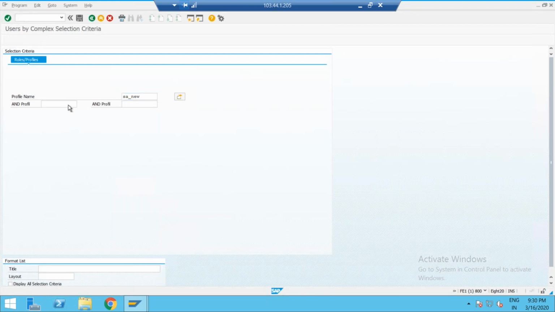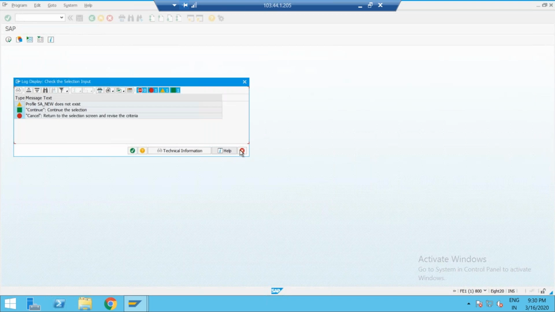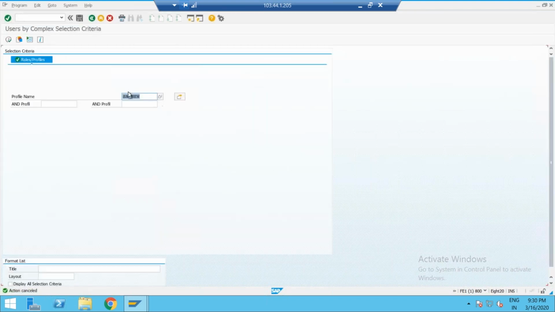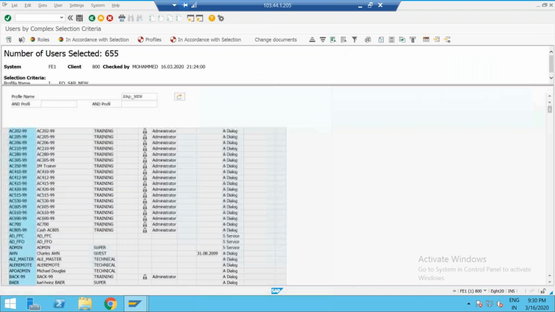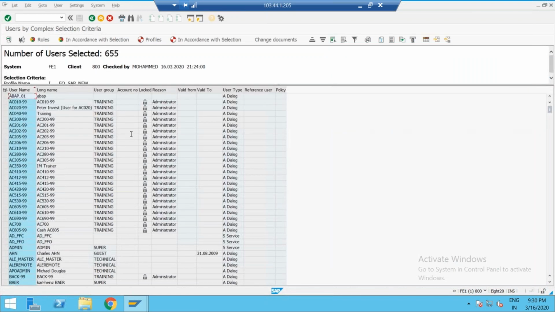SAP underscore new, you're assigned two profiles, SAP underscore or SAP underscore new. 655.